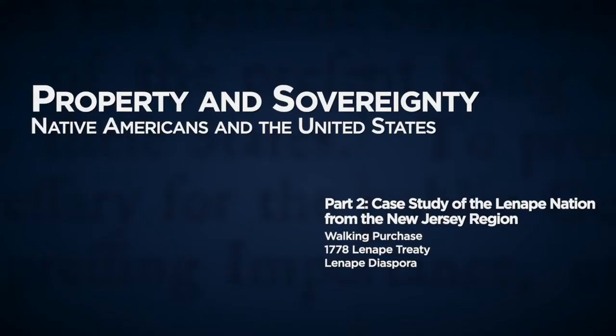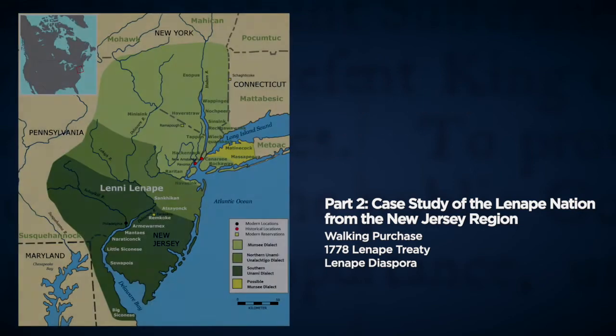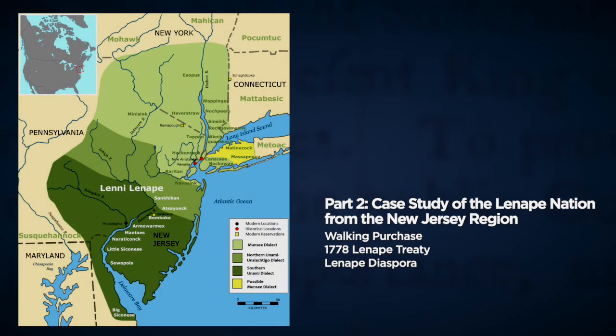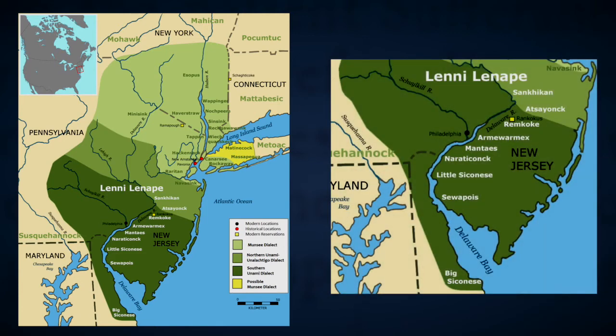Now we will look a little closer to home and examine property and sovereignty of the Lenape Nation in and around New Jersey. New Jersey is the homeland of the Lenape people, which they called Lenape-Hoking. The Lenape, also called the Lenni Lenape or Delaware people, were historically a loose association of autonomous groups with a similar culture and language. The history of property and sovereignty is largely different for each tribe, and East Coast tribes